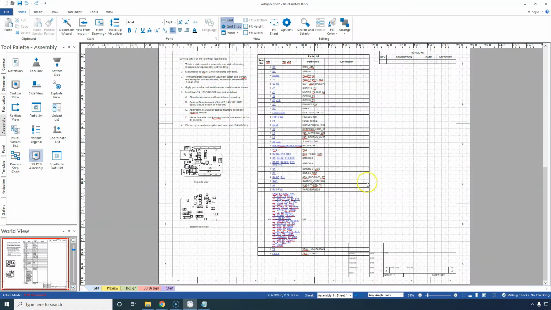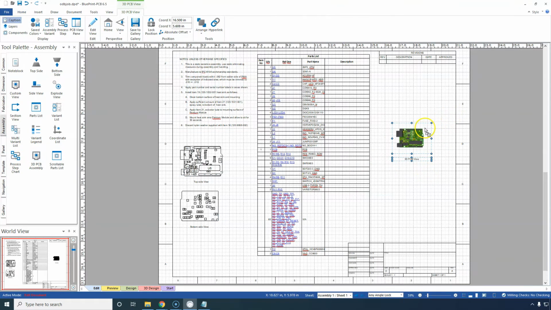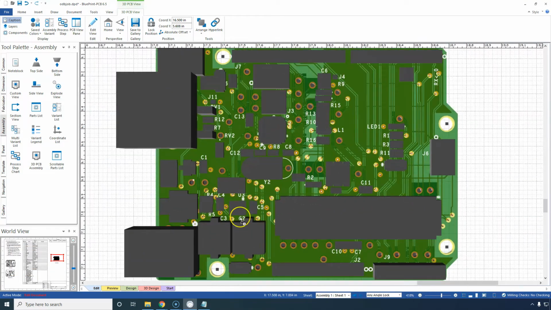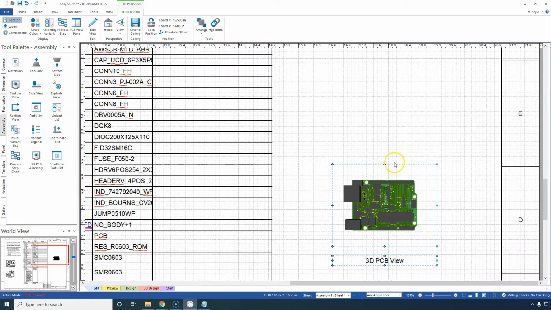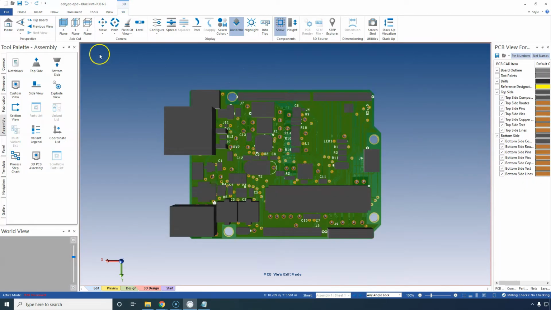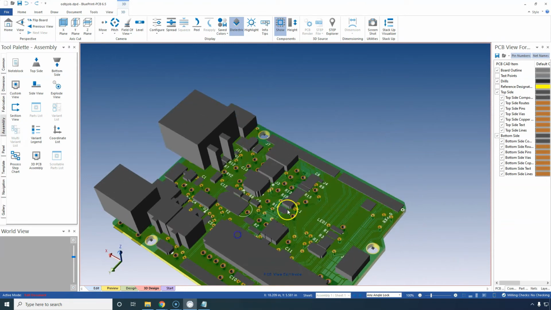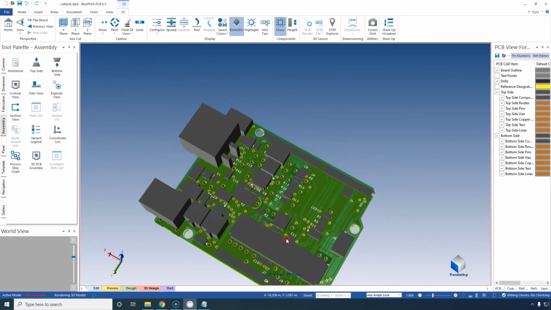Add the 3D PCB assembly, and look at that. You can change the scale. Let's see, look at it. Beautiful. And then you can right click. You can do any angle lock or edit the PCB view. You can use your left mouse button to change the view to whatever you like. And then